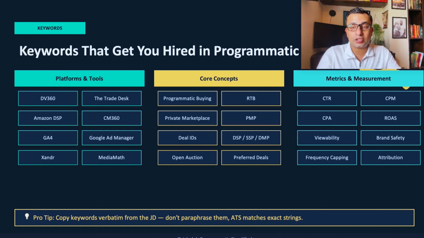Now, keywords that get you hired in programmatic, to develop resumes for programmatic roles. You can mention platforms and tools that you are aware of, and you'll also get that information in the JD, what platforms they are looking for in the person they are hiring. Could be DV360, The Trade Desk, Amazon DSP, CM360, GA4, Google Ad Manager, Xandr, MediaMath. Whichever platforms you are working on and whichever platform matches with the JD, just add those in the platforms